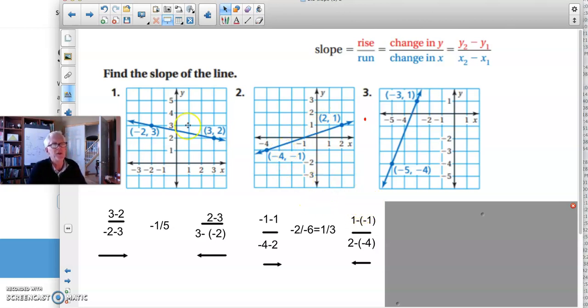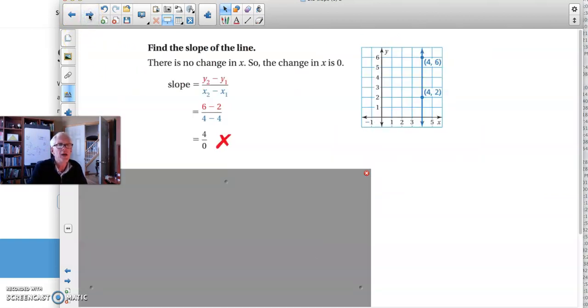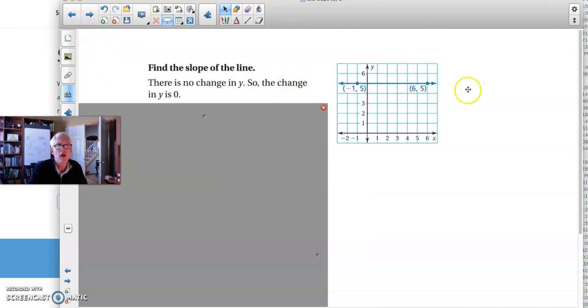But I forgot a couple things, and I forgot the table. What do you do if your line is going like this? We talked about it briefly. You might remember, oh yeah, that's horizontal or vertical, and it's something special. Use the slope formula, and you can't go wrong. We have change in y over change in x. 5 minus 5